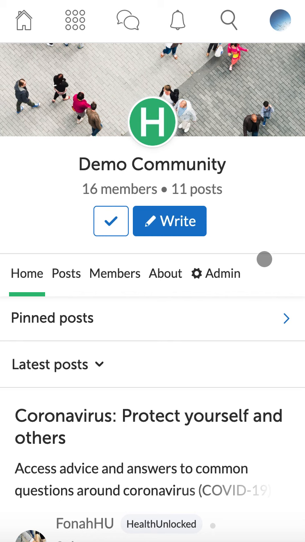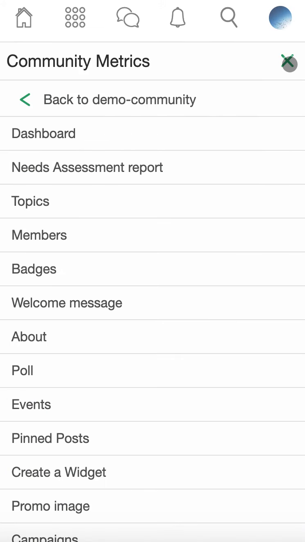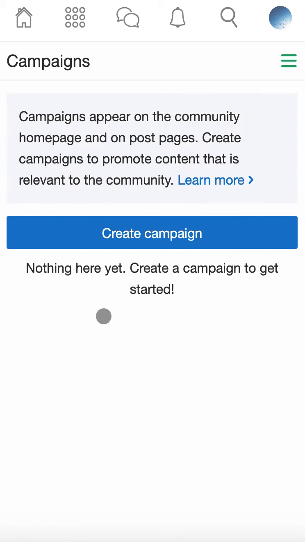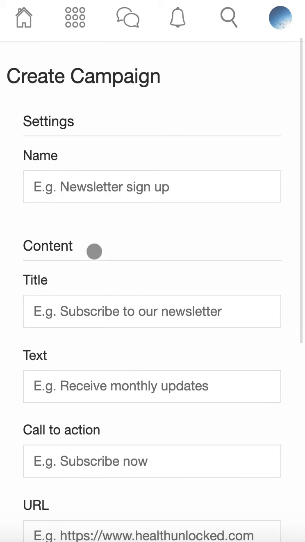To create a campaign, go to Admin, click the three lines, go to Campaigns at the bottom of the page, click Create Campaign. Fill in the following details. Choose a name,